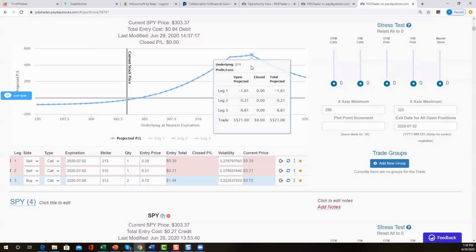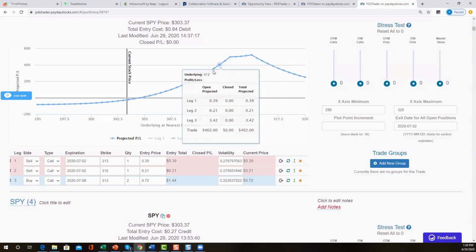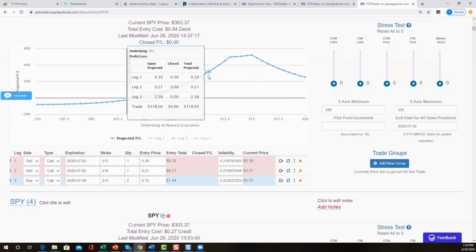And so what's my max risk on the bearish trade? It's $300, right? So at 315, even if my bearish trade is losing $300, this one is making $521. It's not going to be that much because the volatility will come down, but nonetheless, it will be making a decent amount of money. But at 311, we're looking at about 318 compared to 250.